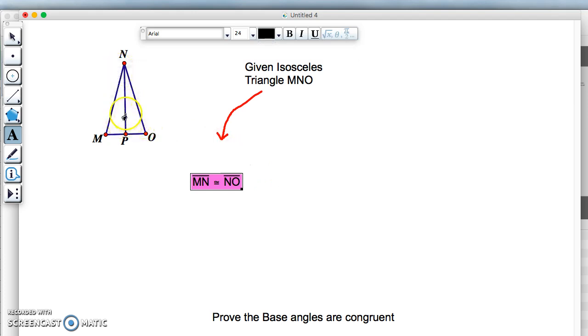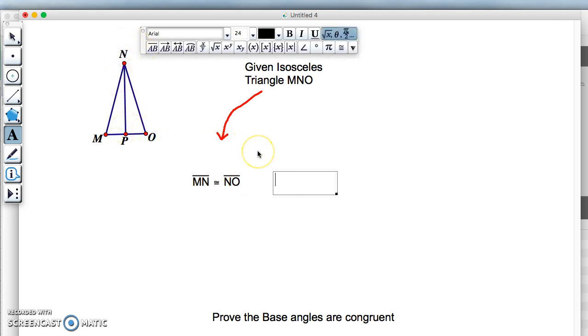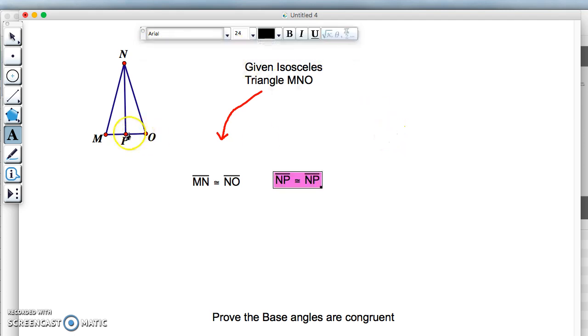I could say that this is a reflexive side. So again, I'm going to go ahead, since I'm already here, do NP is congruent to itself. And I made this the median. So again, I could say this is the same as itself, but you could see what I'm going to be doing. I can also use, when I get down to the triangle step,